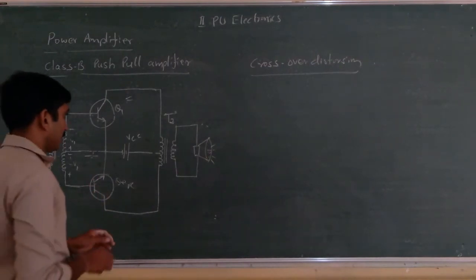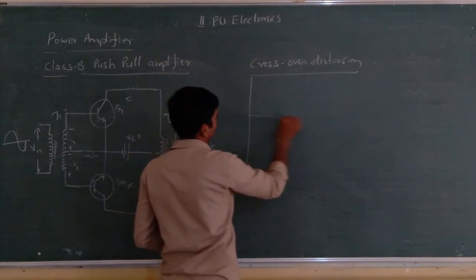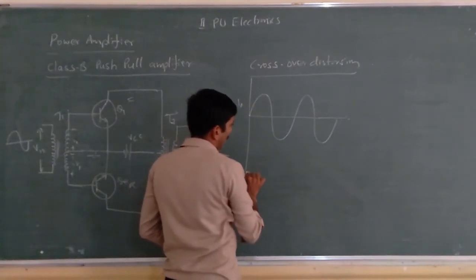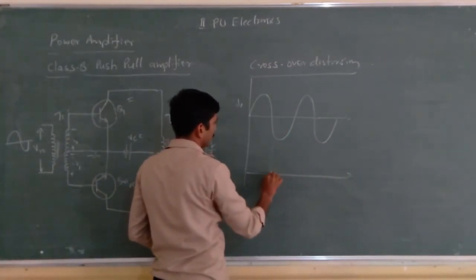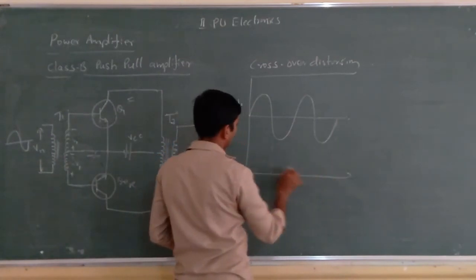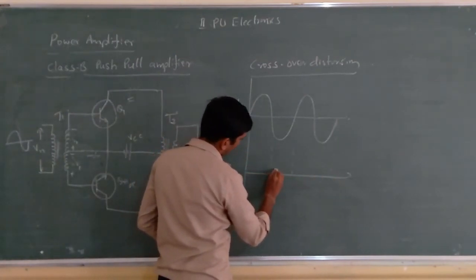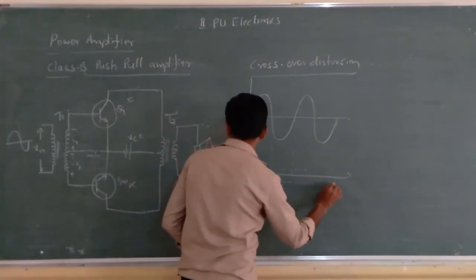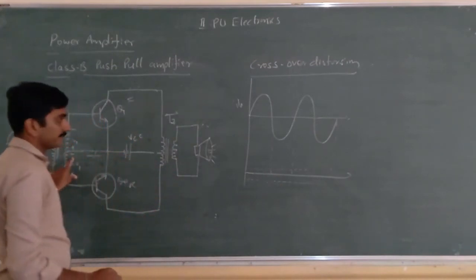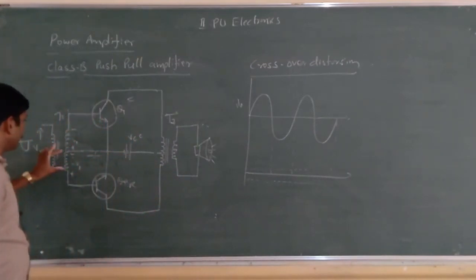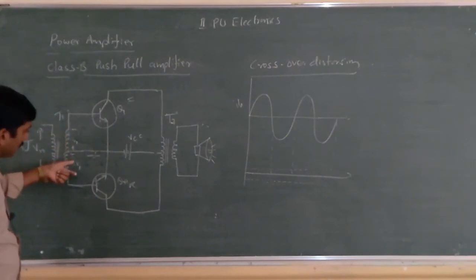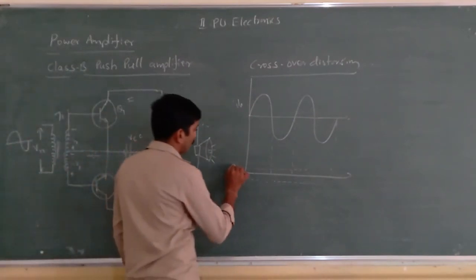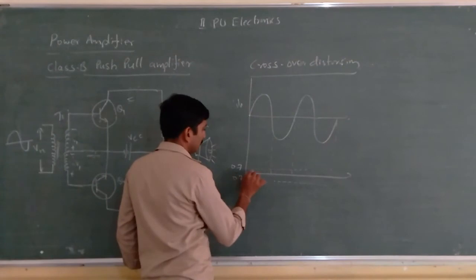So for every conduction angle, for example if I draw the positive half cycle, negative half cycle, positive, and at the same time if you plot the graph of output voltage, see, up to 0.7 volt you won't have any output signal, and during the negative half cycle also up to 0.7, because for this transistor this acts as the positive half cycle. During the negative half cycle of the input signal, this phase splitter gives a positive voltage at the lower half winding. Therefore, this is the 0.7 volt or VB level.